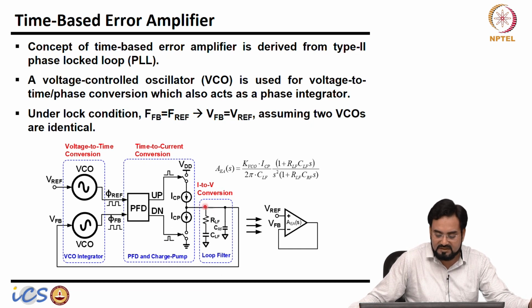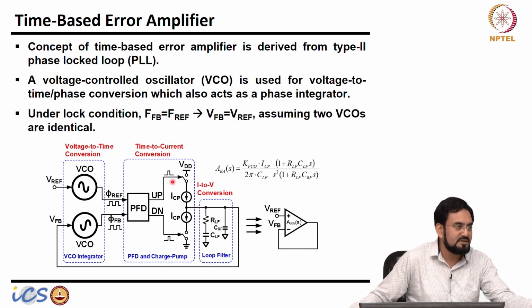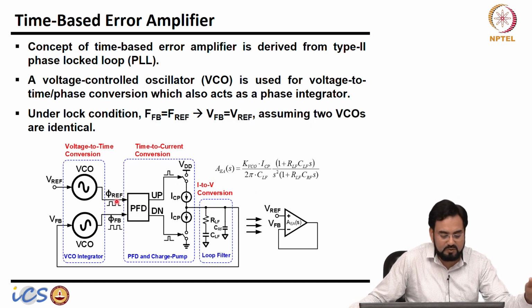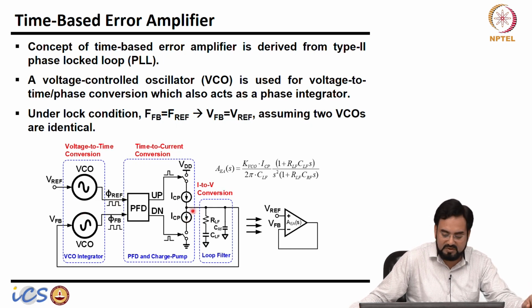And then you have a low-pass filter that will filter out all the high-frequency signals and give you the DC. So now we have two integrators here: one is the VCO, and another integrator is in the charge pump, because current is dumped into a capacitor. So I need one zero here; two poles are there, and I need to cancel one. This series R will add a zero and cancel it, and this capacitor will cause another pole, which will be at 1 over RLF CRF.